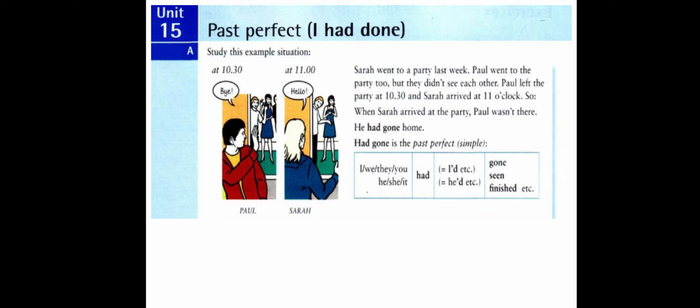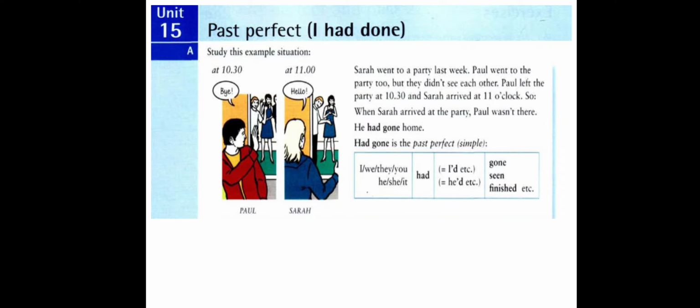Sarah went to a party last week. Here we have last week, and last week indicates a completed or finished action in the past, so we use the past simple, went. Paul went to the party too. Here Paul also went to the party last week,